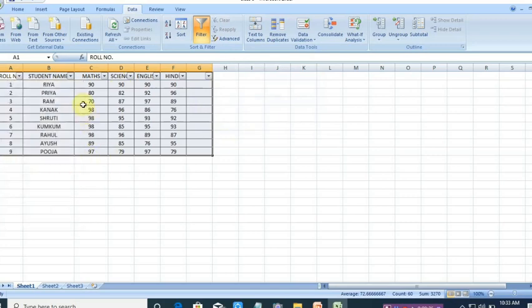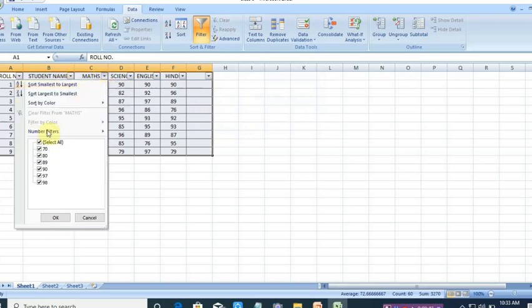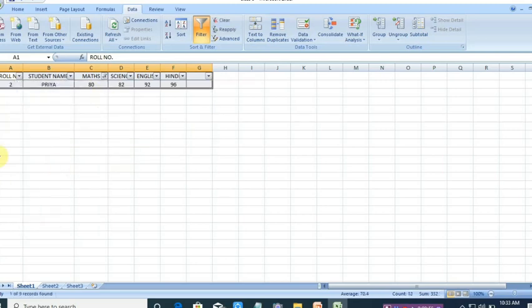So I don't want to extract on the basis of the name, I want to extract on the basis of mathematics marks again. So I want to select those students who secured less than 80. Less than 80, you have to check the box 80, click over it this way.